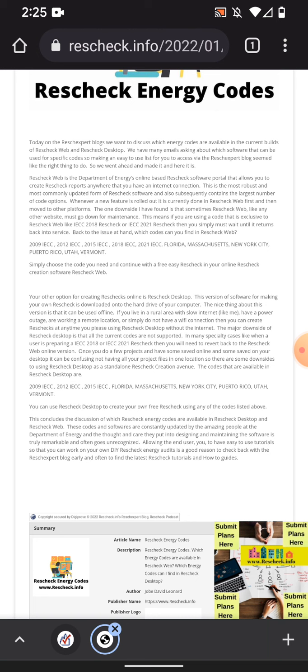Rescheck Web is the Department of Energy's online-based Rescheck software portal that allows you to create Rescheck reports anywhere that you have an internet connection. This is the most robust and most commonly updated form of Rescheck software, and subsequently contains the largest number of code options. Whenever a new feature is rolled out, it is currently done in Rescheck Web first and then moved